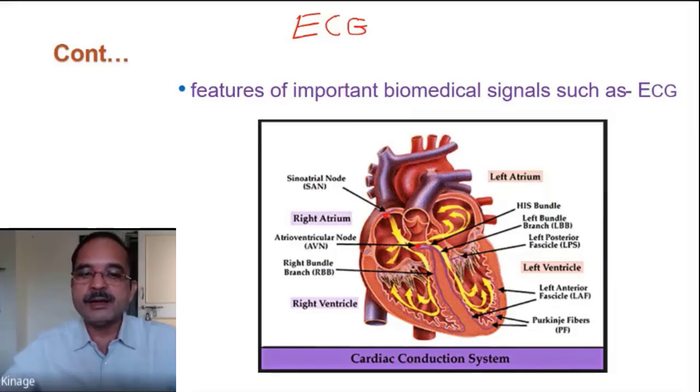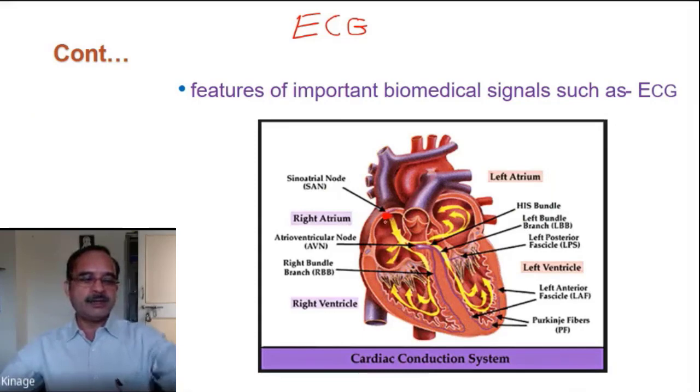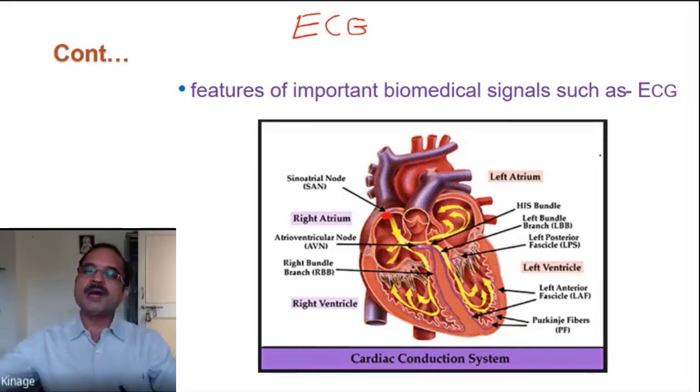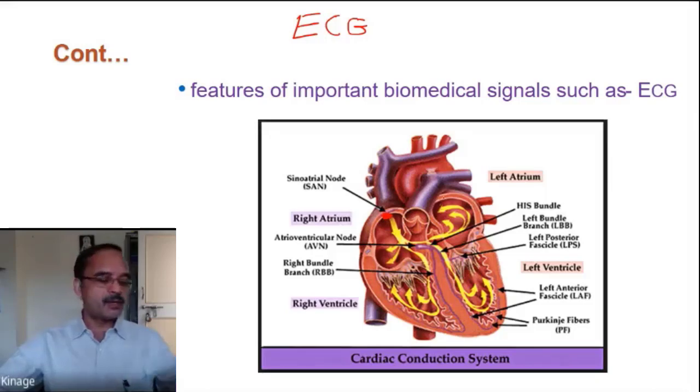This is the sinoatrial node. This is the point where the electrical activity starts, not here. And from that it propagates to different muscles, and the contraction and expansion of different parts of the heart happens, and that is how it works as a circulatory pump. The pumping action happens. Now the details about how actually the heart works, how this pumping action takes place, and the associated signals generated because of that,